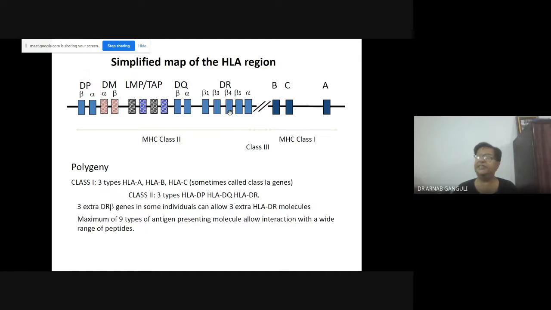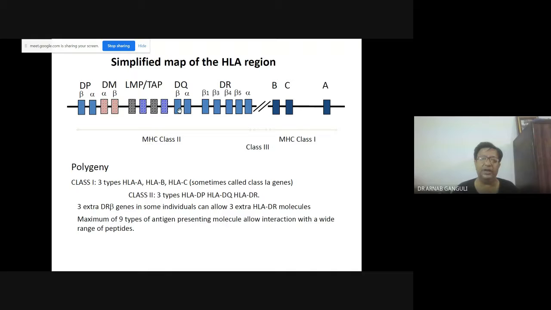তো দেখবে সবই পাশাপাশি রয়েছে, বিটা আলফা আলফা বিটা, এইটাকে ডিপি রিজন বলছে। এই কালারটাকে দেখছো, ডিএম রিজন। This is the LMP and TAP region, this is the DQ region, আলফা বিটা আরেকটা রয়েছে, this is the DR region। পরপর সেট থাকে, ট্যাপ আছে, তাছাড়া রয়েছে বি সি আর এ।